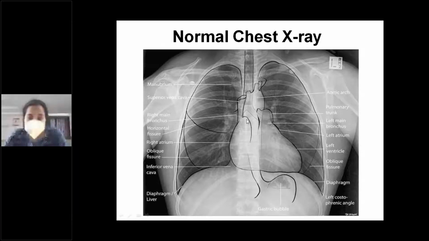This is the cardiac shadow. This is the arch of the aorta, and due to this arch of aorta, we have the aortic knuckle here, and then you have the pulmonary trunk here. And of course, these fissures are not very visualized on the radiograph. And then you have to look for